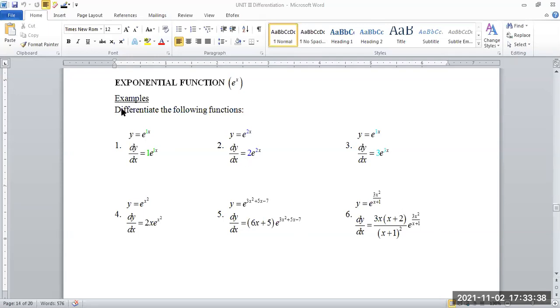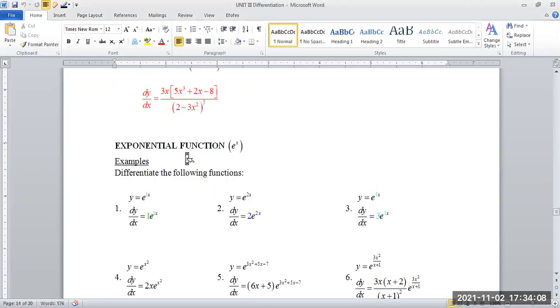So now, we're looking at the exponential functions, and we now have to differentiate these exponential functions. We will differentiate them, and there's also another method of calculus that we call integration, and we will also integrate these exponential functions. Now, one of the good things about the exponential function is that when you differentiate an exponential function, you get back the exponential function. So the differential of the exponential function is the exponential function itself.